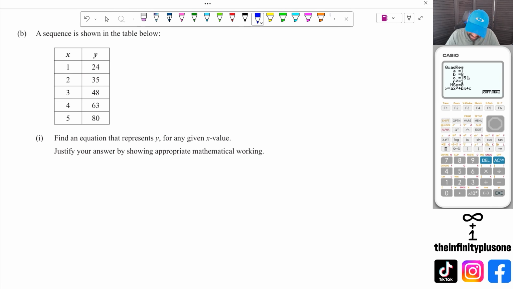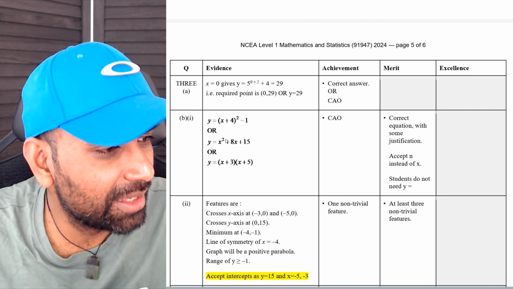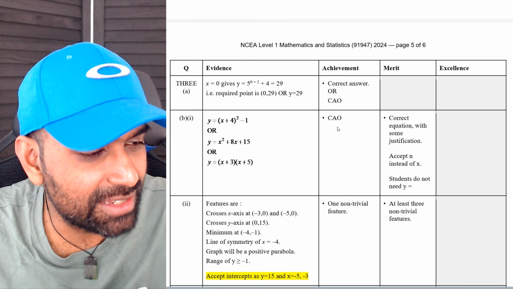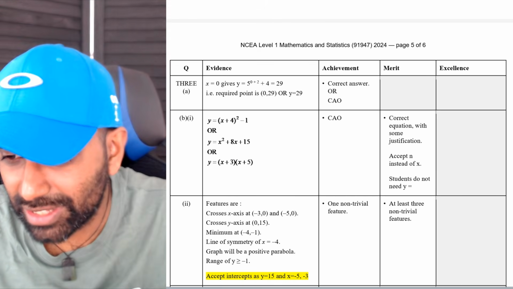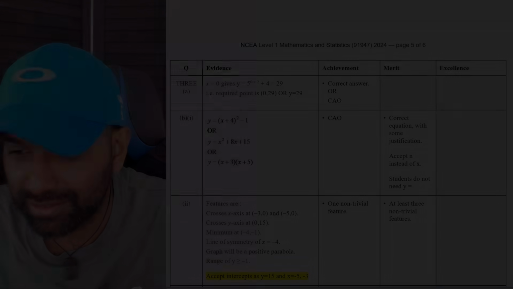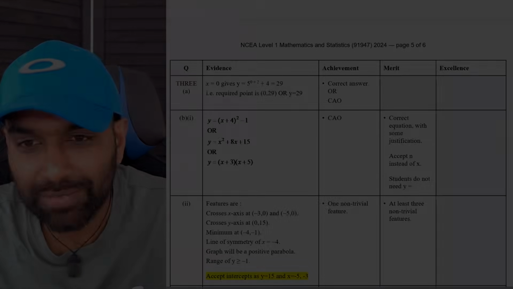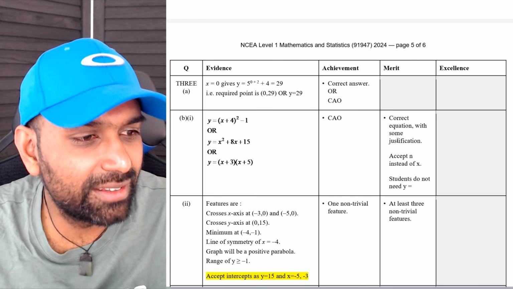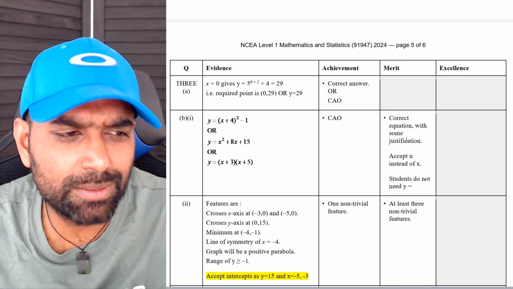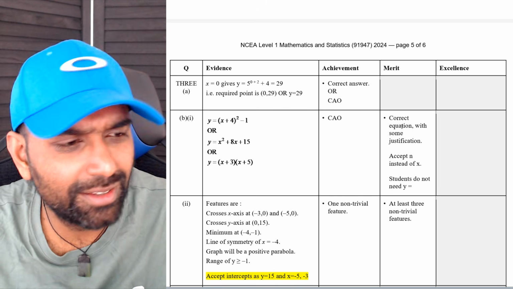So if I write this, I'm really struggling to understand it, but I'll try and explain it. X squared plus 8x plus 15. This is the answer for this question. When you look at the answer schedule, they give you this answer. It says correct answer only gets you an achieved. So that means if I had done just this without any working, I actually get achieved. But if you look at the answer schedule, it says correct equation with some justification, and